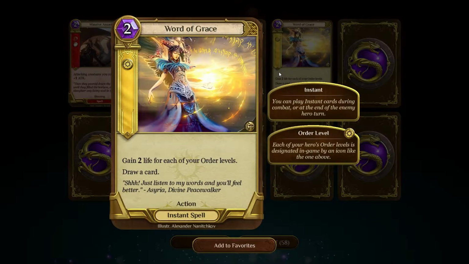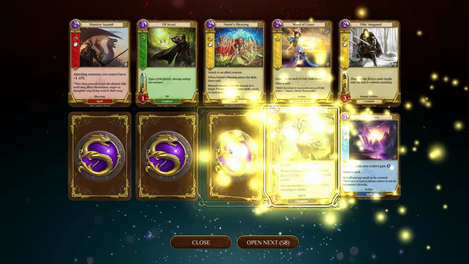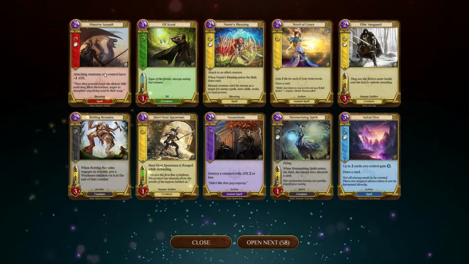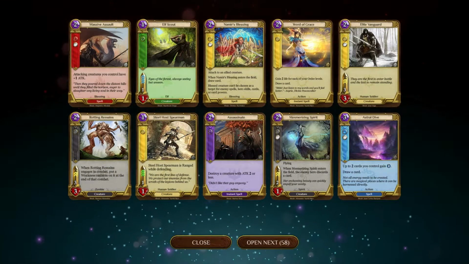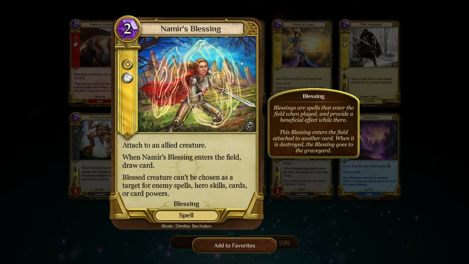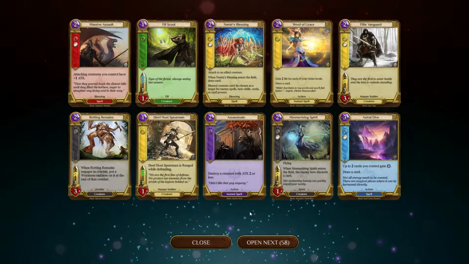First copy. Oh, look at that, though. Gain 2 life for each of your order levels. Draw a card. I don't know, that sounds fairly cool. Nothing rare. All of this stuff seems like really, really simple cards. Kind of like this. Oh, it's a girl. Kind of like her. She's drawing some little art in the air. I know it's like shields or whatever, but...